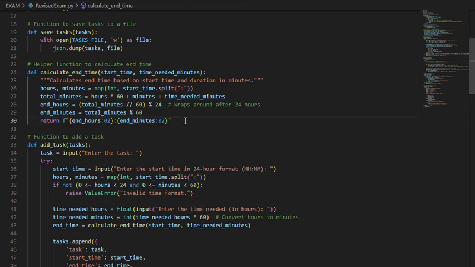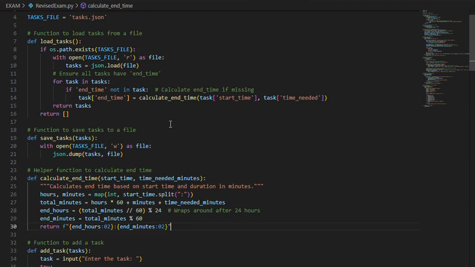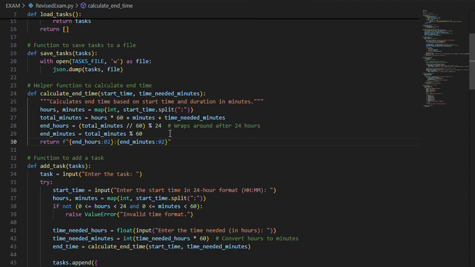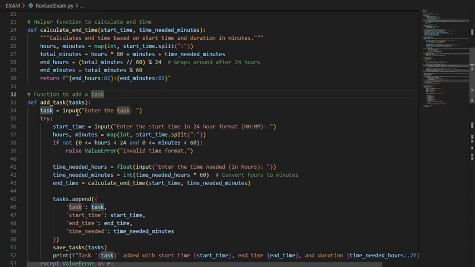So basically this converts the time that the user inputs. The next function is to add a task. So basically, we have made the tool, a time management planner, and we made four functions. First is the add a task. Basically, it adds the task that you want to do.